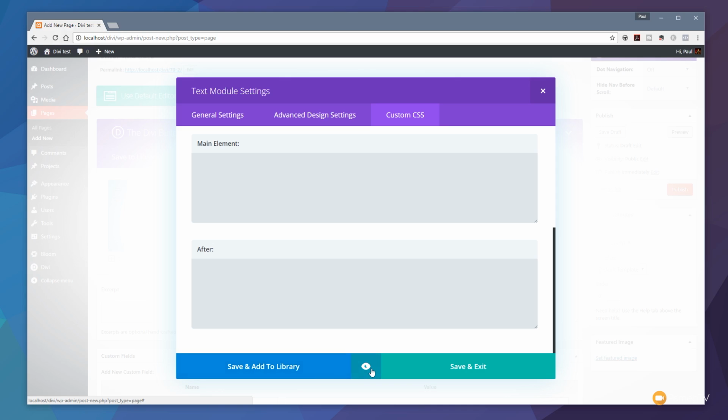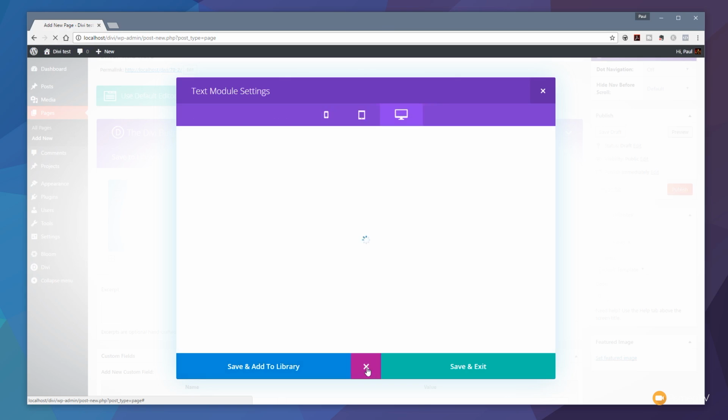We've also got the preview, which is denoted by the little eye symbol. We can switch that on, we can switch that off. At the moment we're seeing nothing on there because we haven't actually applied anything to the text module. But you'll see when it's enabled, we can switch between the three different views. So we've got mobile, we've got tablet, and we've got desktop. And that will show us what each one of the layouts will look like based upon the devices